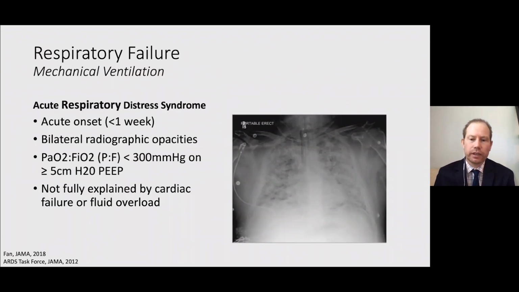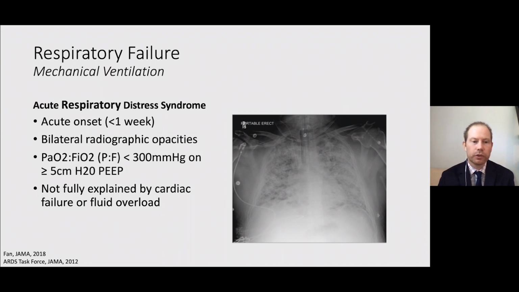Okay, so mechanical ventilation. In general, the management of patients with COVID-19 who require mechanical ventilation is similar to those who have ARDS from other etiologies. That said, I think it's important to review this quickly just because this is the primary way in which patients manifest their severe disease in COVID-19. So in general, ARDS presents within 1 week. This is ARDS in general, and this includes COVID-19, although it may be slightly delayed in COVID-19.